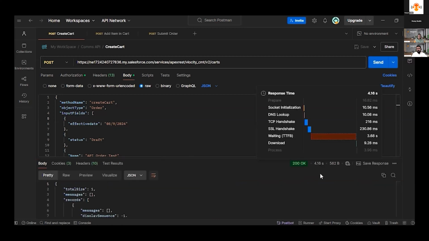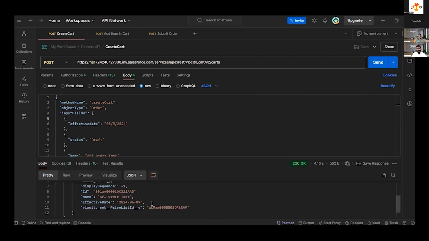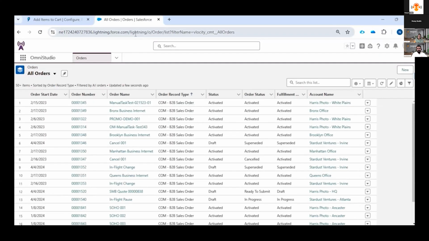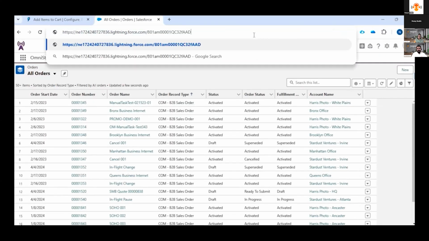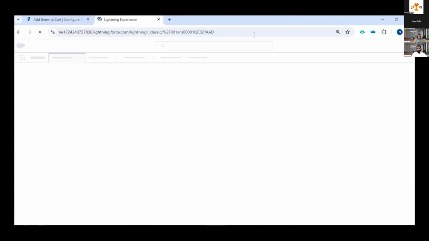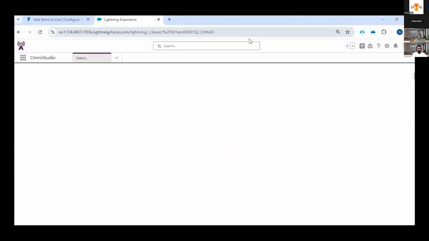So as we can see, it took 4.16 seconds to create an order with the help of the classic cart API. Now we can validate with Salesforce. We copy the Salesforce ID and paste it in the URL. So we can validate that the order has been successfully created